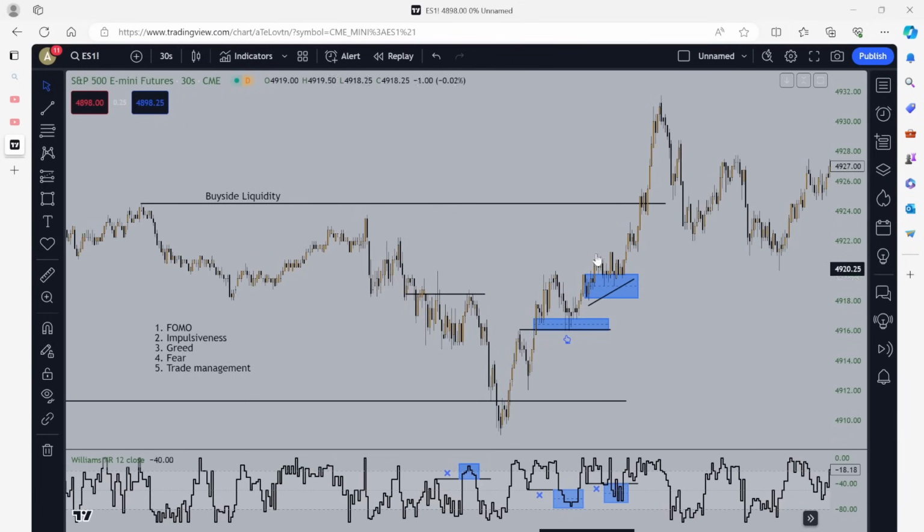And I'm expecting low resistance liquidity runs to form, right? Just based off the liquidity that's layered in here, right? Time of day and things like that, right? So the William percent R really helps us identify when the change of delivery is going to be, right? What time and what price. Okay? The SMT on the William percent R, it indicates to us that there's going to be a change in state of delivery at a specific time, a specific price, and a specific PD array.